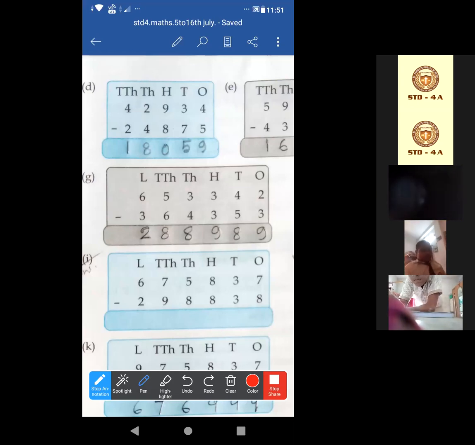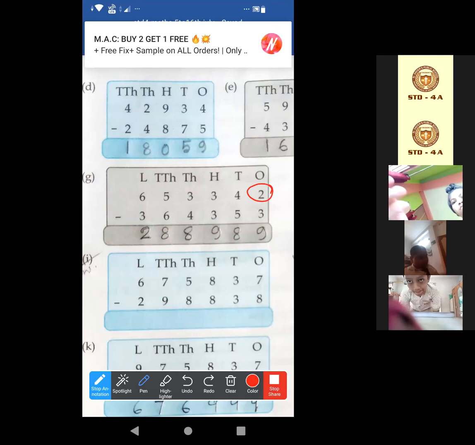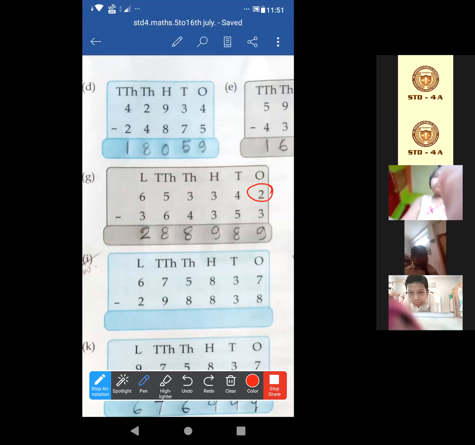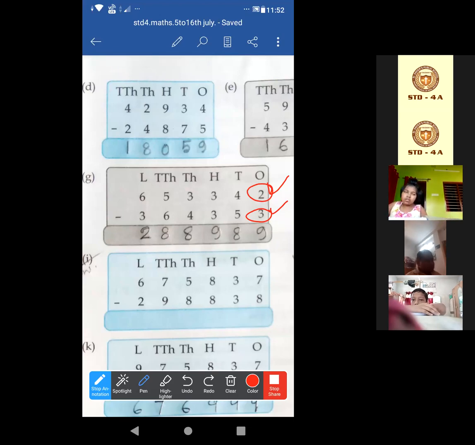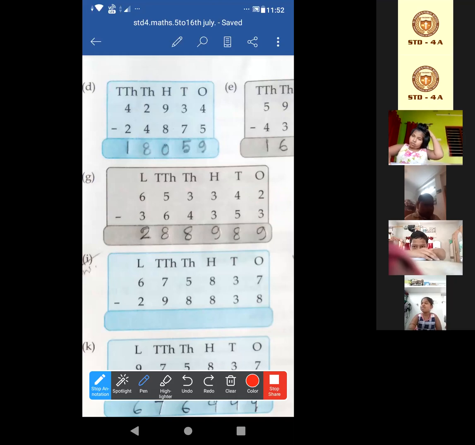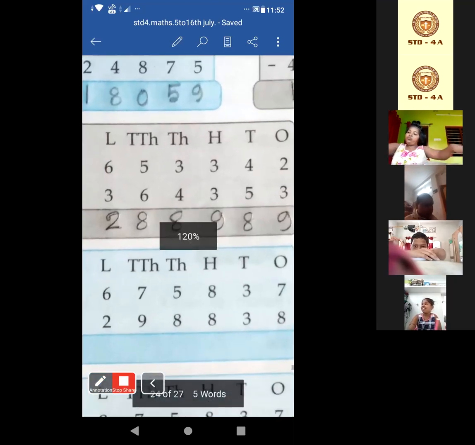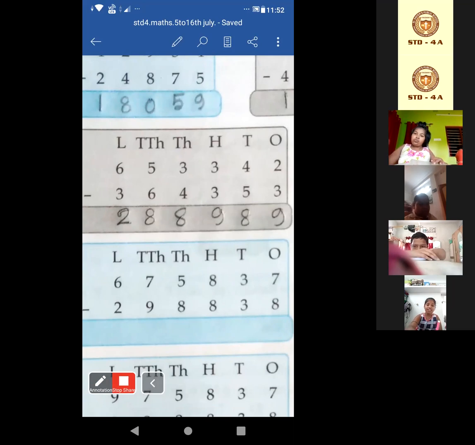Okay, now look at this. Basically, this is borrowing subtraction. So, look, here 2 is given, but it is given 3. So, we have to look, 2 is less than this 3. So can we subtract a number from a lesser number? No, from a lesser number we cannot subtract. So we have to make this larger. We have to make this one greater. And how to make it greater? By borrowing.